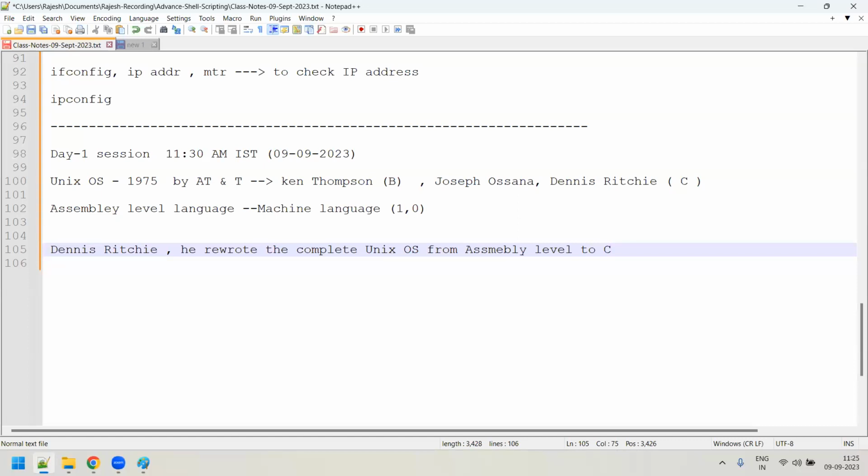Similarly, when people started looking into the code of the operating system by reading the C language, they were able to understand the whole logic behind how the Unix operating system was designed, and the different components of the operating system, like file management, memory management, device management, network management. They went through the complete code and understood exactly how this operating system was working.